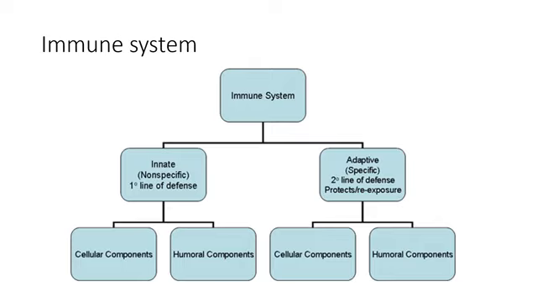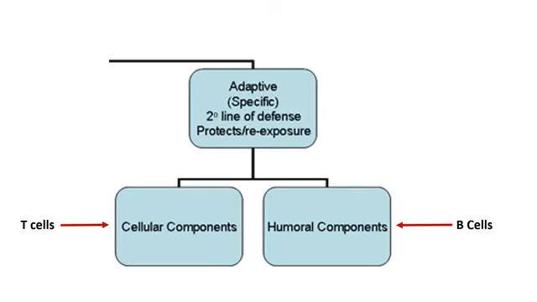on the left, we have the innate or nonspecific immune system, and we have the adaptive or the specific. And you'll recall that the specific has two components, as the innate does. It has cellular and it has humoral components, right? So in our immune system, we have two different types of cells, two different types of lymphocytes. So some lymphocytes are identified as T cells, and those are macrophages and other cells, which I'll talk about in a moment. And then there are B cells, and the B cells are what make antibodies.